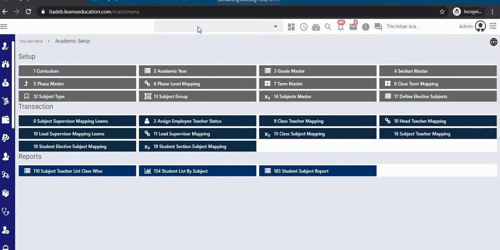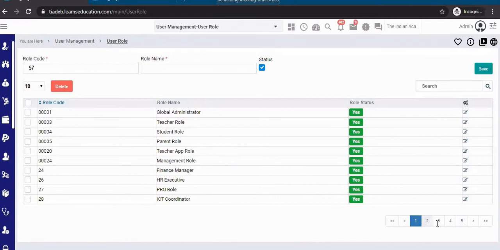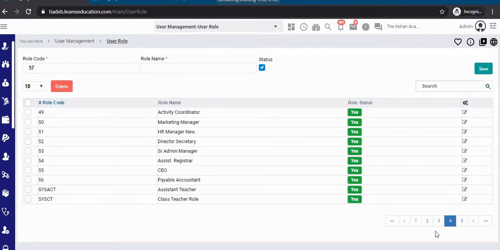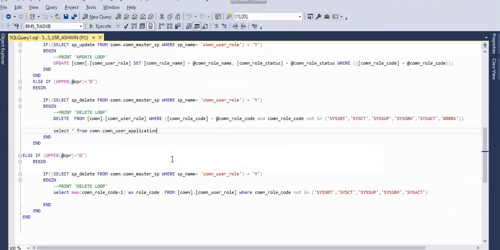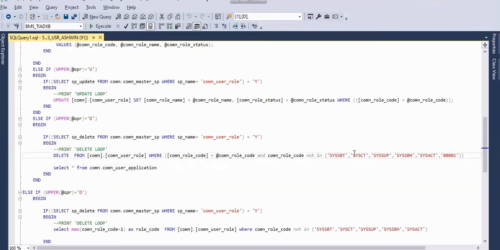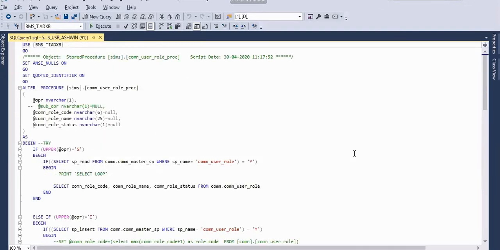Before that, you need to get these roles copied from LIMS. These are system defined roles, and you need to map the applications. Yes, one minute. You copy these roles for all schools. So far I have created them only for LIMS schools, and this SP I have also done for LIMS. Whenever you want it, just tell Vaibhav to copy this. No need to wait, just copy it and update it for all schools. Whenever required, it will be taken care of.